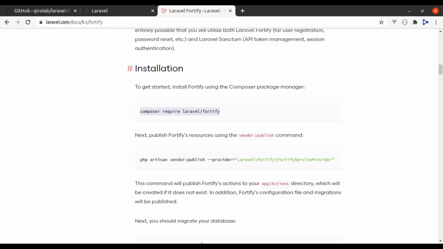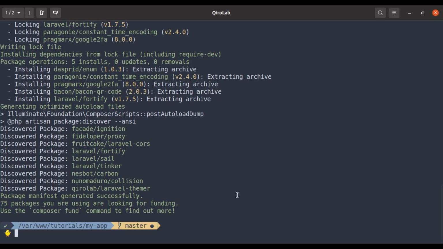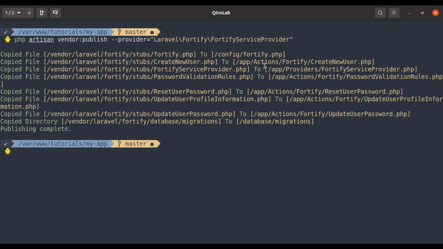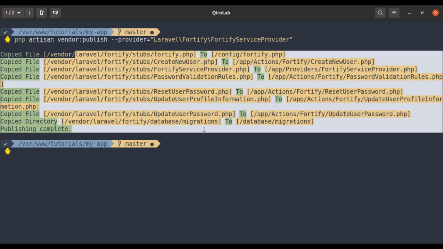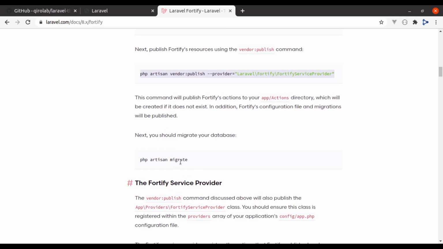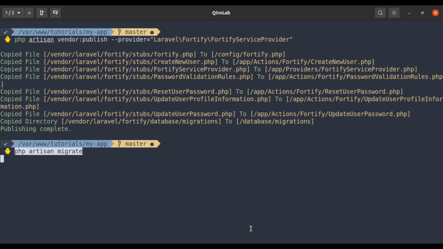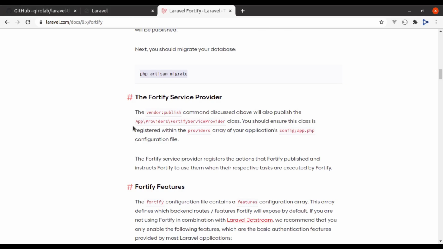It's done. Next we will run the vendor publish command, and it has published these files. Now run the migration, and this package has also published the Fortify service provider. So we need to register it in the config app.php.